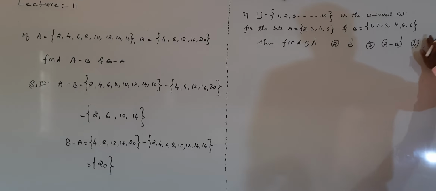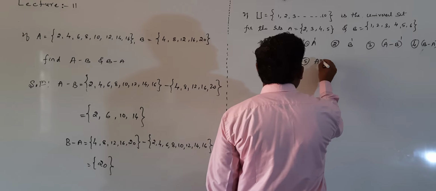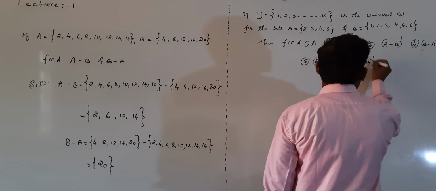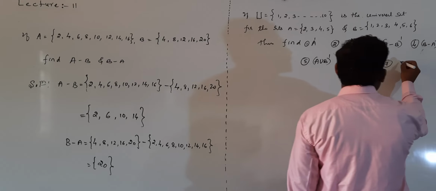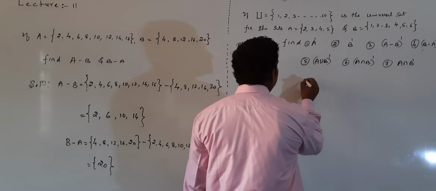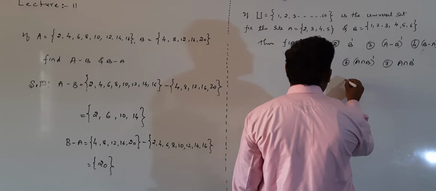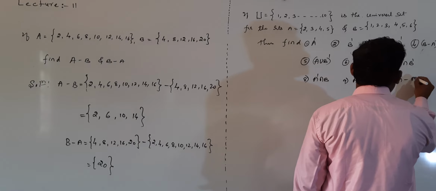A complement, second one B complement, third one A minus B whole complement, fourth one B minus A whole complement, fifth one A union B whole complement, sixth one A intersection B whole complement, seventh one A intersection B complement, eighth one A complement intersection B, next A complement union B complement, A complement minus B complement,